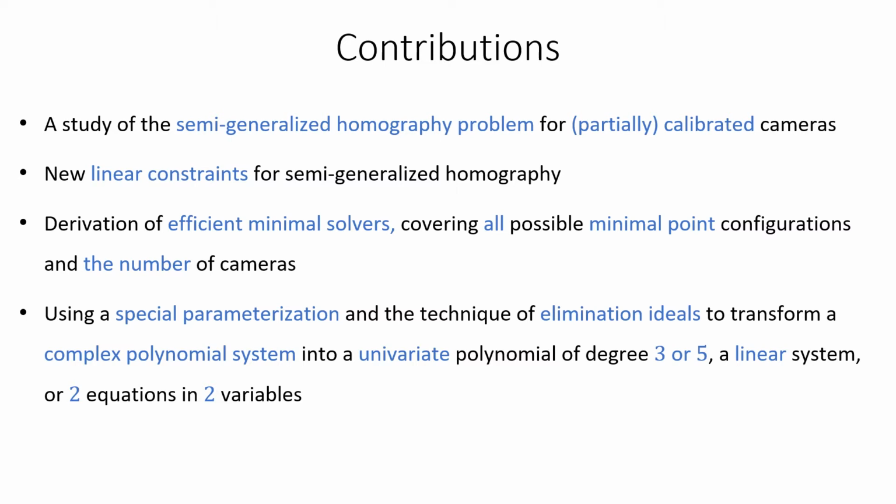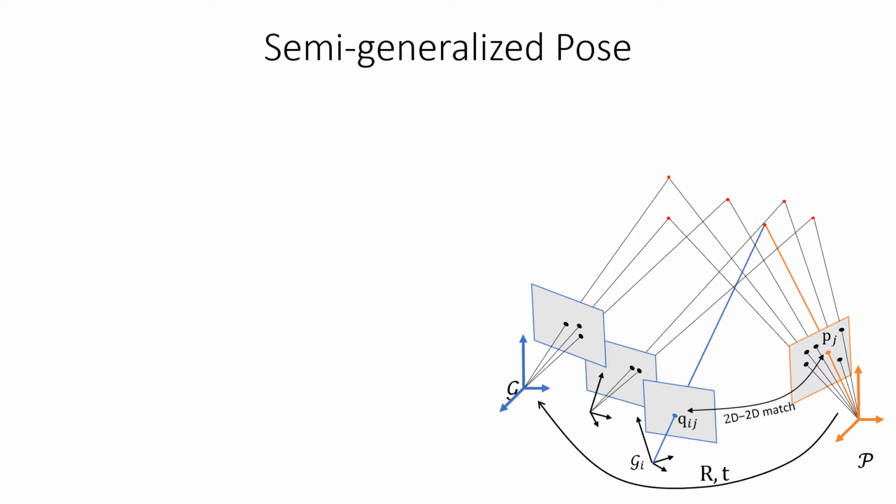We also have used a special parameterization along with the technique of elimination ideals to transform a complex polynomial system into a univariate polynomial of degree 3 or 5, a linear system of one equation, or a system of two equations in two variables. Let us begin with a set of 2D to 2D point matches between a pinhole camera